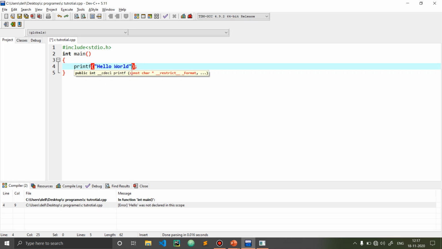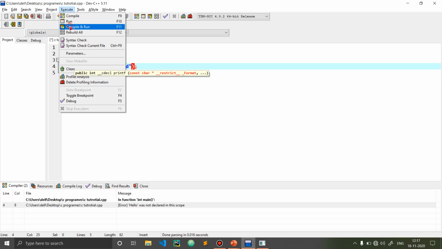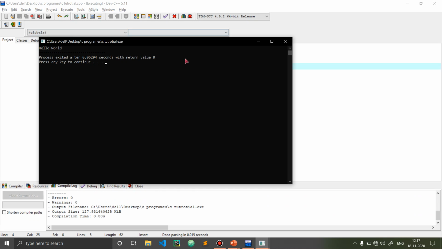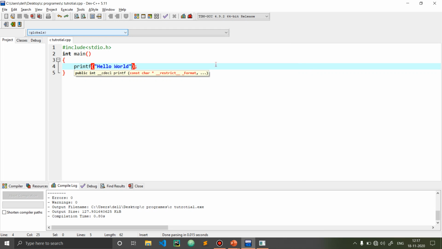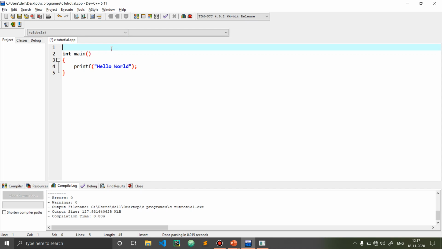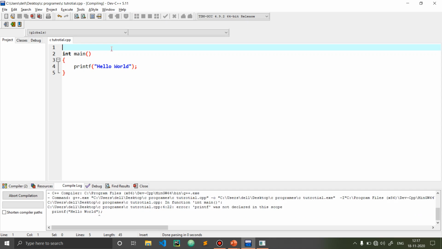And one more thing, that if you want to run your program, you go to execute and then compile and run. Now you can see the output screen. This is the output screen, the black screen. And one more thing, if we don't give the include stdio.h line, it will not work. And there is one more shortcut, that is fn, and in laptop fn f11, and in desktop that f11.